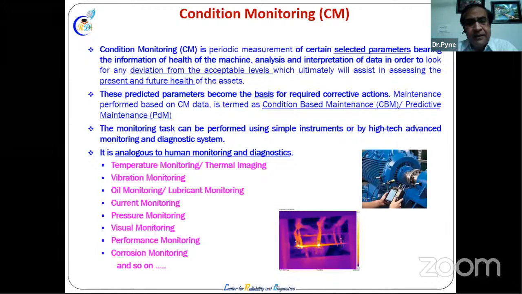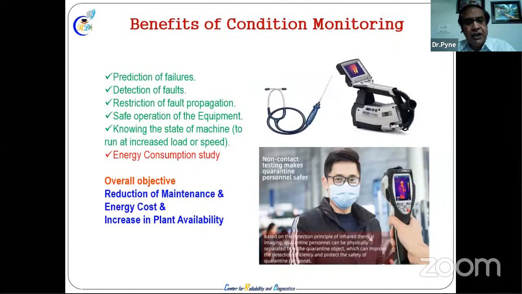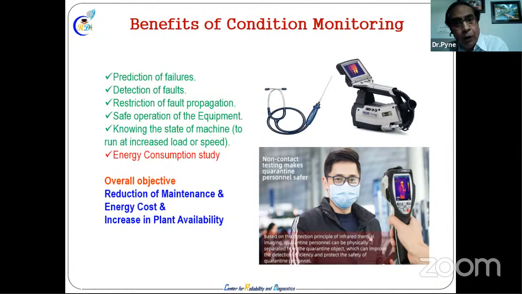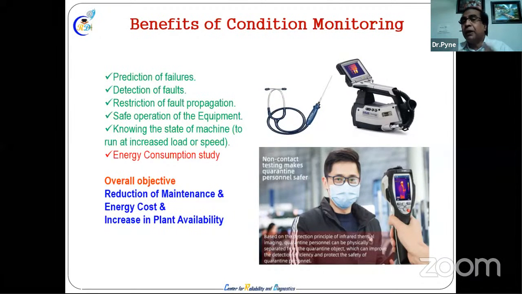Different vibration, this is a thermal image. There is a lot of possibility: energy consumption study, prediction of failure, detection of failure, all the things you can do. It means you are maintaining the machine the best way, because you know much ahead of the failure. A sudden failure will cost 15 to 20% more, sometimes in critical cases 50% more, than if you find a problem, open it and see what is happening, and accordingly change the bearing or the parts responsible for the problem. Then the maintenance cost will be much less.